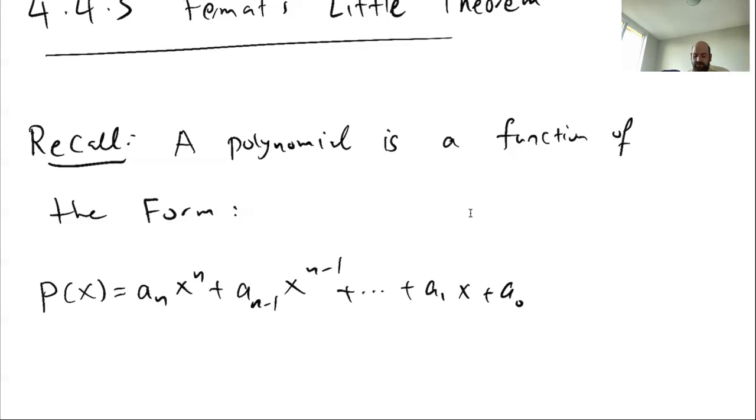Even in the high school definition of polynomial, the leading coefficient, an, is not allowed to be 0. So I can say, for example, x to the power 4 plus 2x cubed plus 3x squared plus 4. So this is a polynomial